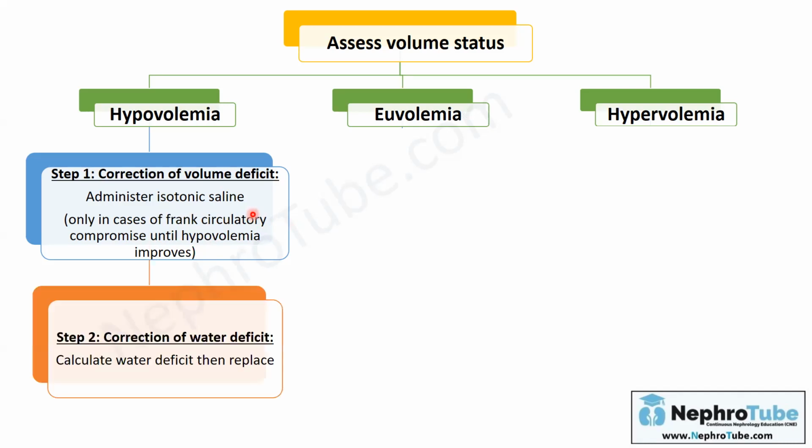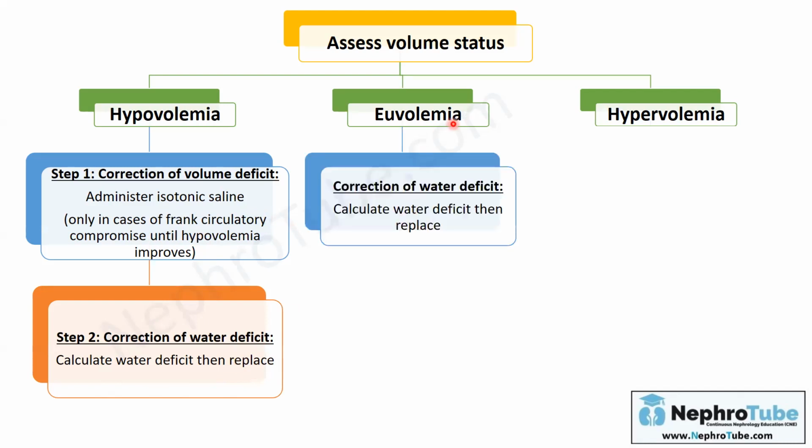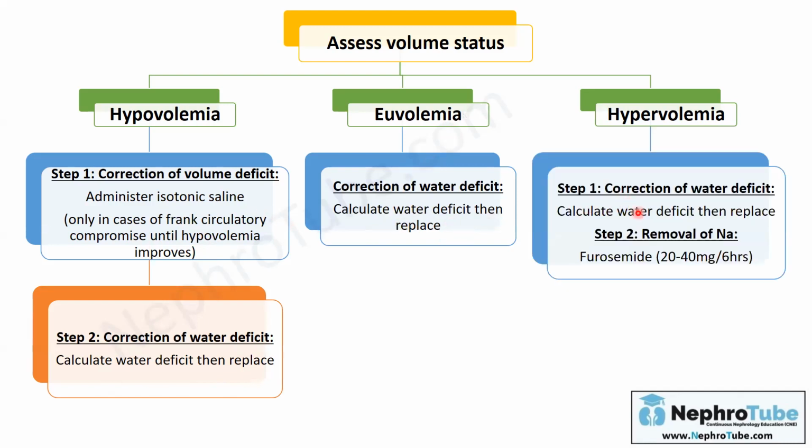Then, after his blood pressure is improved, we have to calculate the water deficit and then replace it. Replace it by what? I will say now. If the patient is euvolemic, you directly calculate the water deficit, then replace. If the patient is hypervolemic, you have to calculate the water deficit then replace, and here you have to add furosemide,